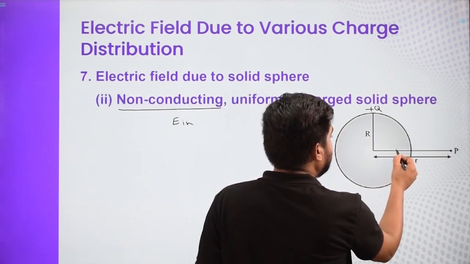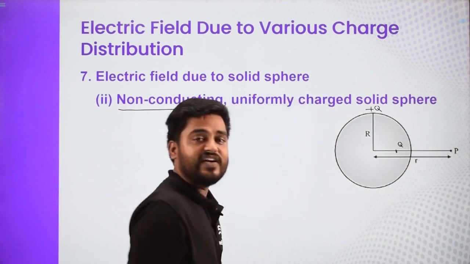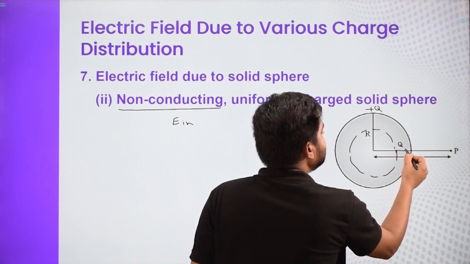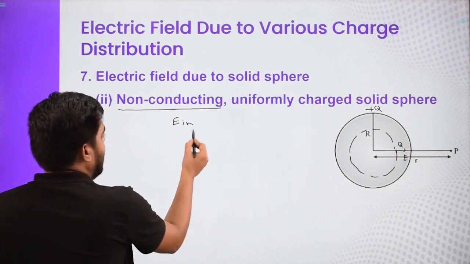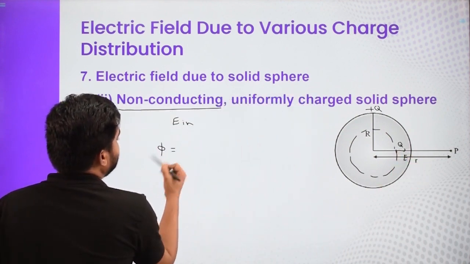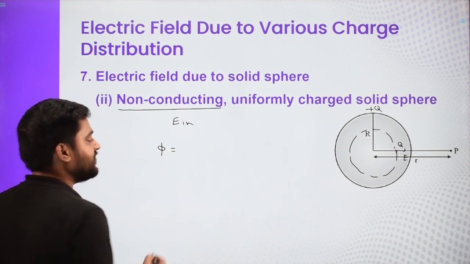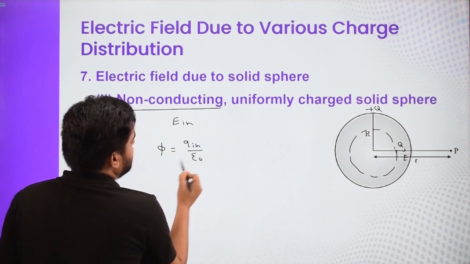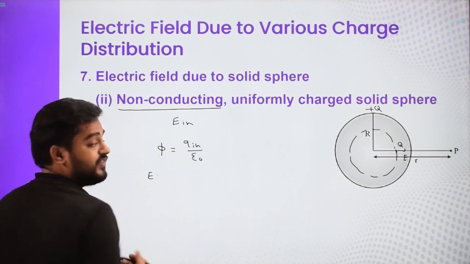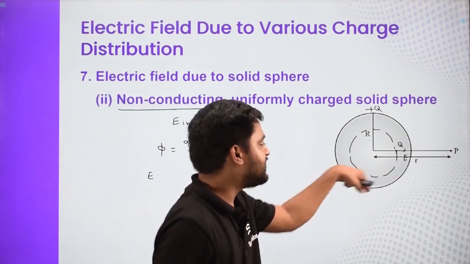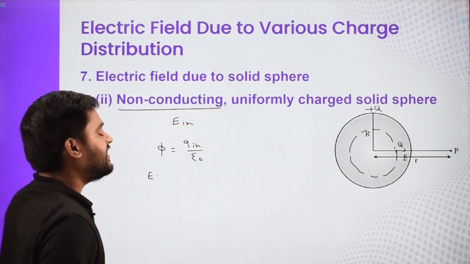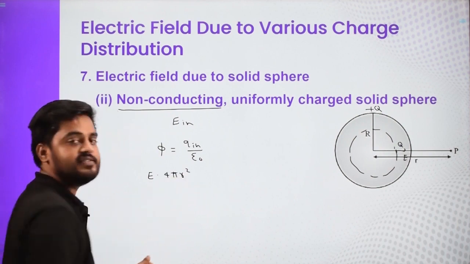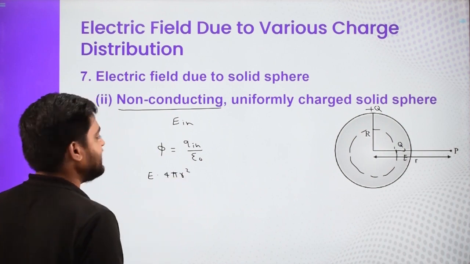So again, if I have to find the electric field at this point Q, then I am going to take a Gaussian surface. Let us say that is E. When I apply Gauss's theorem, the total flux passing through that Gaussian surface which I just drew is nothing but Q in by epsilon naught. So what is the flux? Flux is E times 4 pi R square, if the electric field is E in magnitude, radially away given that it is a positively charged sphere, and cos theta will be cos 0, which is 1, so I am not writing that.